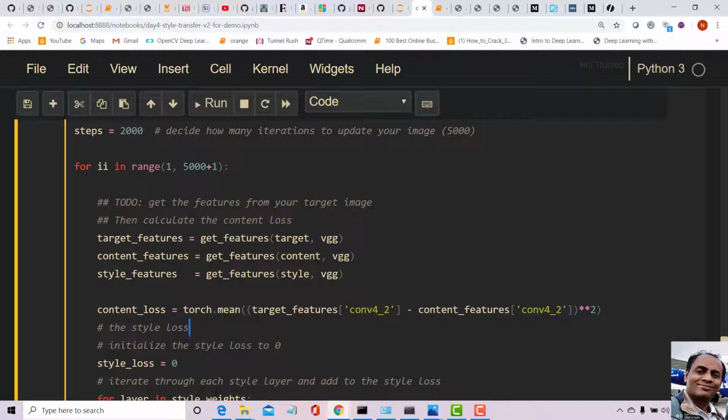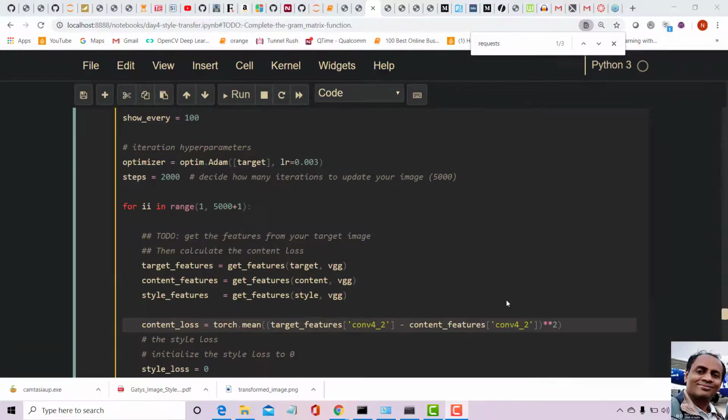Content loss has to be calculated between the generated image and the original image. And where do we take it from? We need to take it from convolution layer 4.2 according to the paper. So finally, content loss is calculated as a mean square error loss between the target features and content features at convolutional layer 4.2.